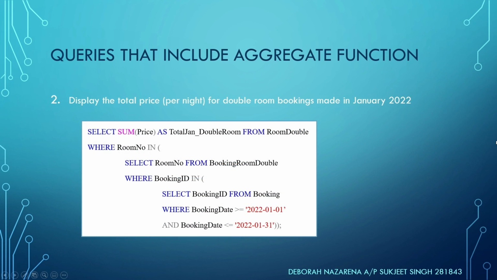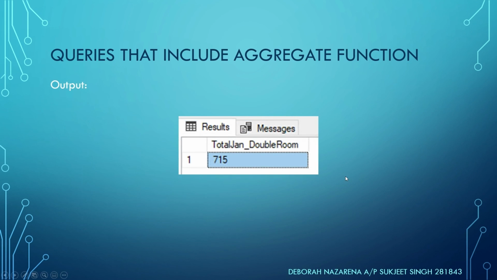Next, we will find the total price per night for double room bookings made in January 2022. This is not a total price, this is only per night for the double rooms. So we select using the SUM aggregate function from the room double, and then we also compare the details from the booking room double to see which double rooms have been booked in the period between 1st of January and 31st of January in the year 2022. And then we list them out in the output. So in this output, we can see that the total price for the double rooms that have been booked in the month of January